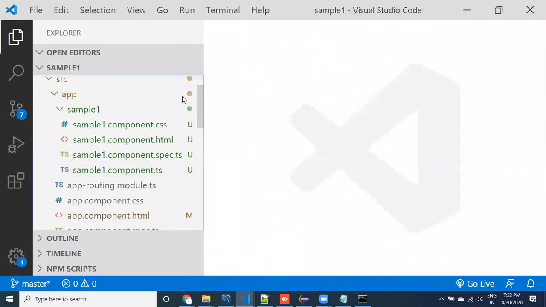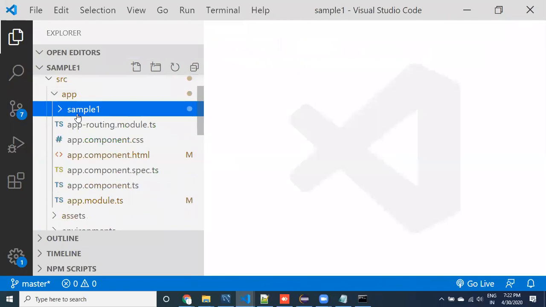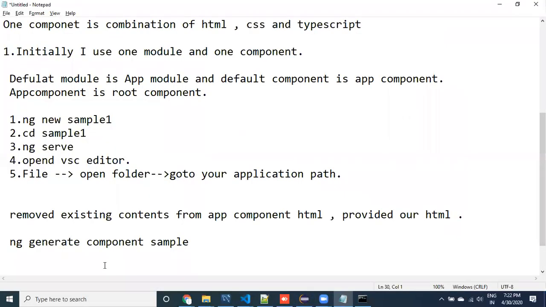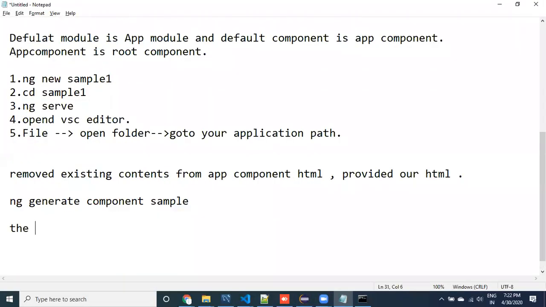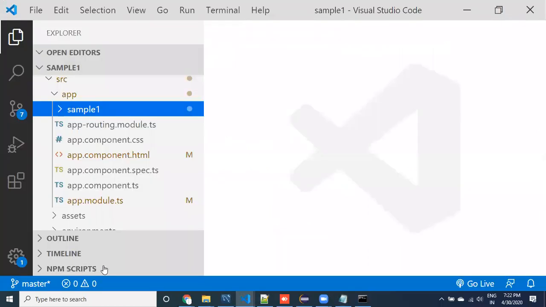Okay, now once after generating this component, in which module has this component been generated? The question is, once the component is generated, in which module has the new component been generated? We are in app, meaning inside the app we have created the sample one component, right?